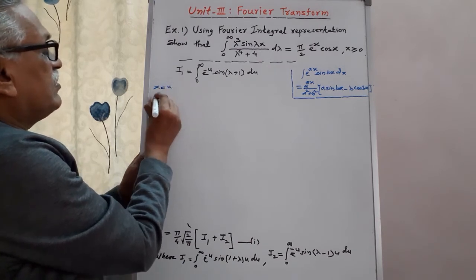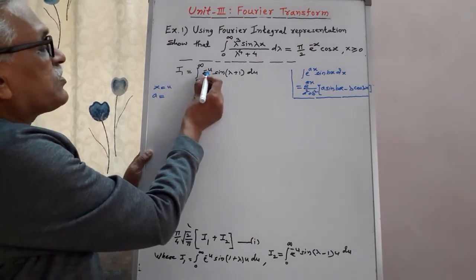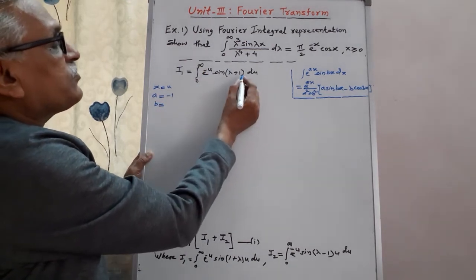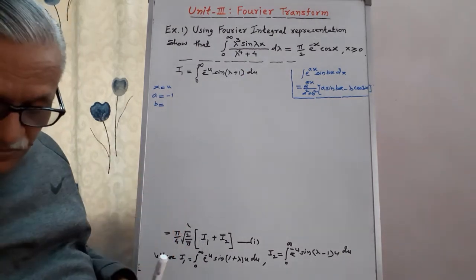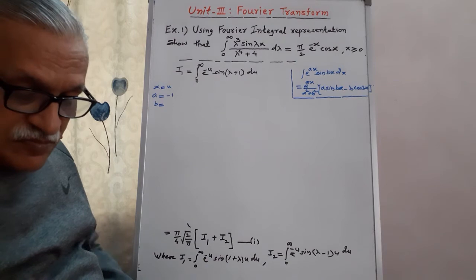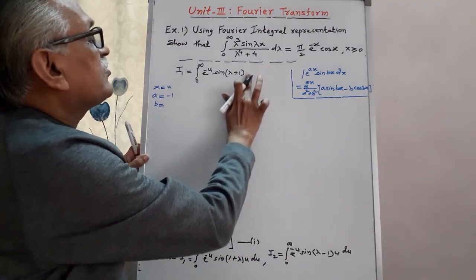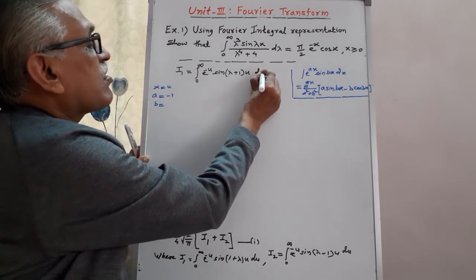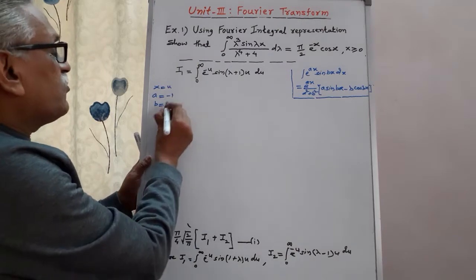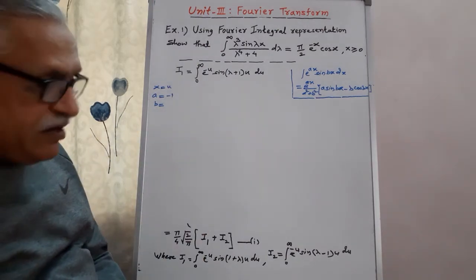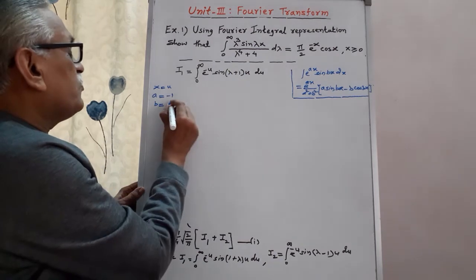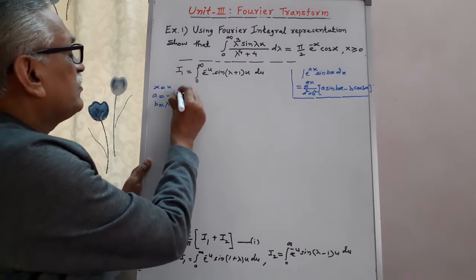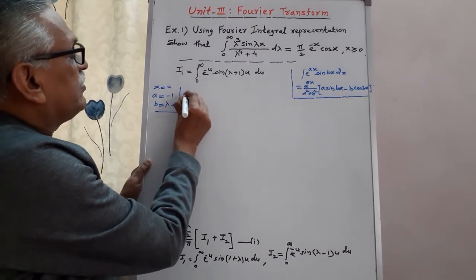Here, a, the coefficient of u in this term, is minus 1, and b is the coefficient of u in sine of lambda plus 1 into u, which is lambda plus 1. And therefore it is equal to